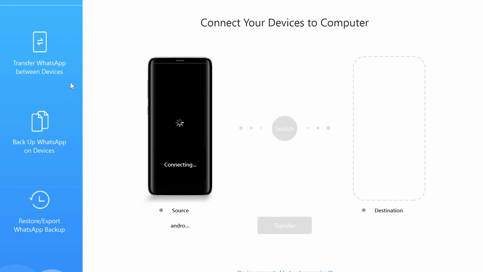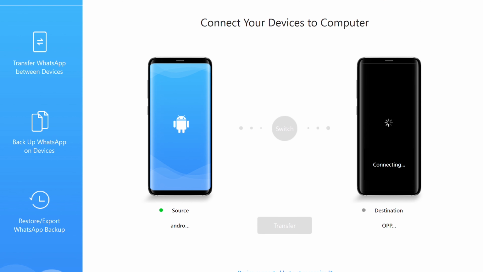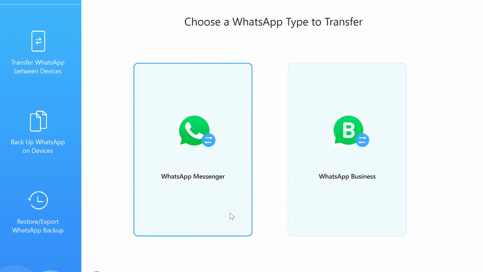You'll be able to see the software detects the phones, whether both are Android or one is iPhone and one is Android, automatically. And once you plug them in, if you don't see the right phone in the right place, there's a switch button right in the middle. Press that and you swap the phones so that the right one is the source and the right one is the destination. And once the transfer starts, once you press the transfer button, it will automatically start preparing your source